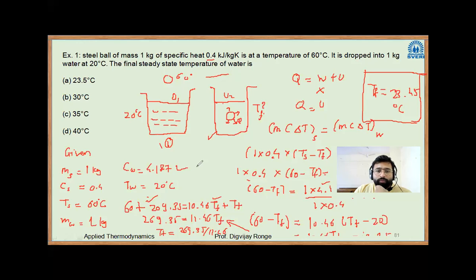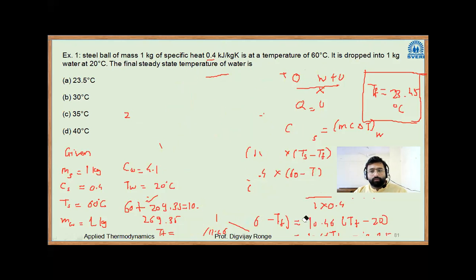Okay, I hope you understood up to this point. So this was related to closed system. Now I will give you some numericals for homework. In that also you can solve it. So simply you have to use this formula, Q is equal to W plus U, but you have to check the sign convention. If the heat is absorbed, then it will be positive. If heat is released or lost, that will be negative. So sign conventions are very important. Next, we'll go. So I'll erase this data. I hope you have written all these things down.